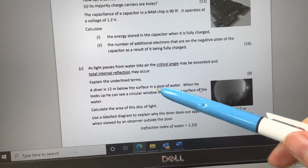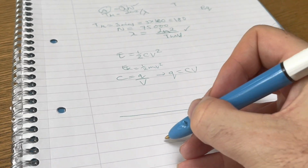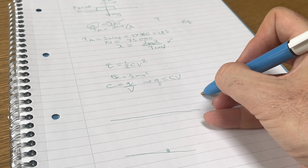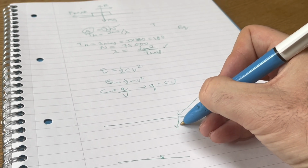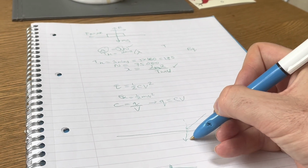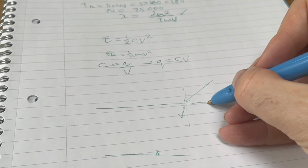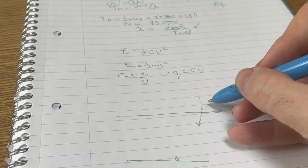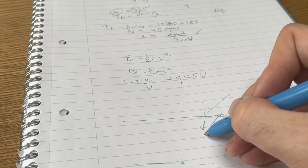So the critical angle, total internal reflection, is exceeded. So really you have water here, you have a diver down the end, and light is coming in at all angles, and it gets refracted towards the normal when it's going into more dense material. But what you have in this case is light coming in at an angle nearly 90 degrees to the normal. So when it's 90 degrees to the normal, it's coming in like that,